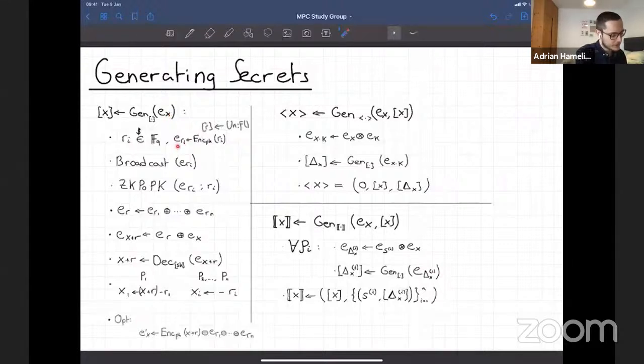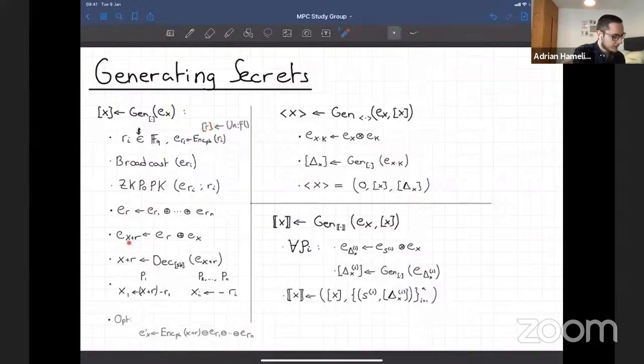Each party is going to encrypt their share and broadcast it along with a zero-knowledge proof. You're going to be obtaining a ciphertext of the sum of all of the shares of R, as well as a ciphertext of X plus R. Now, as long as one party here has behaved honestly, the value of R here is going to be uniform.